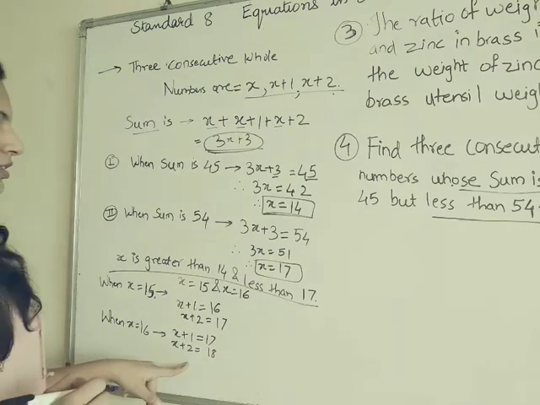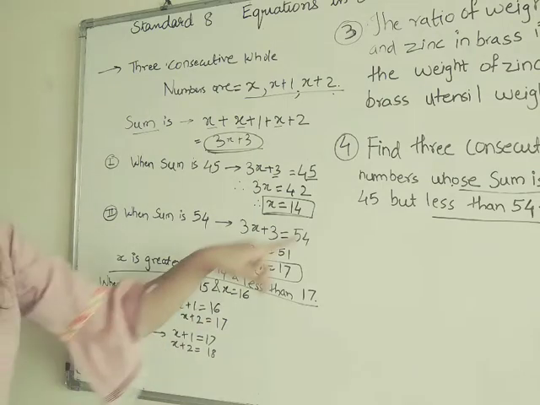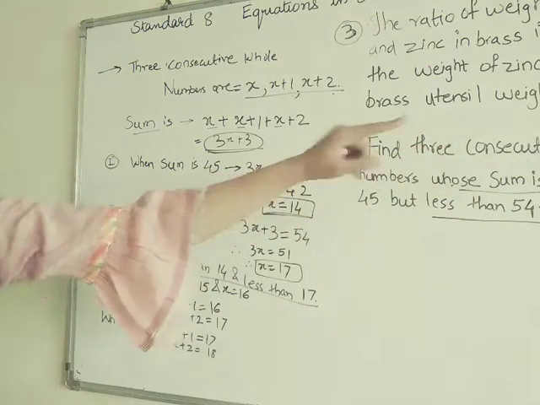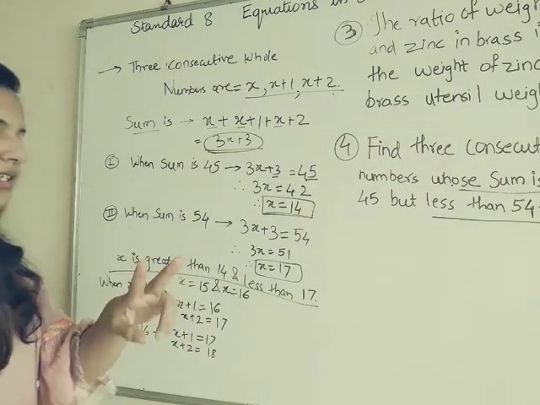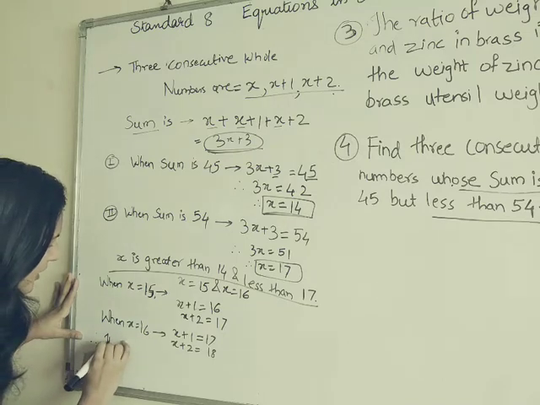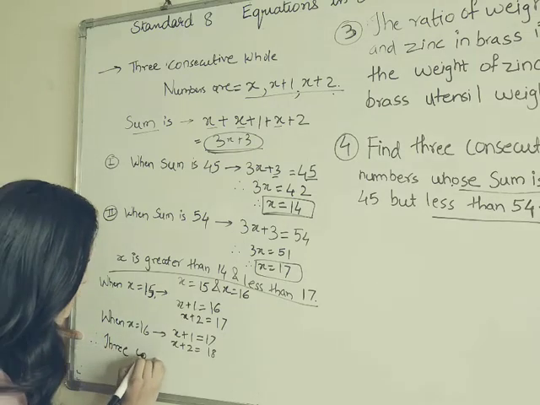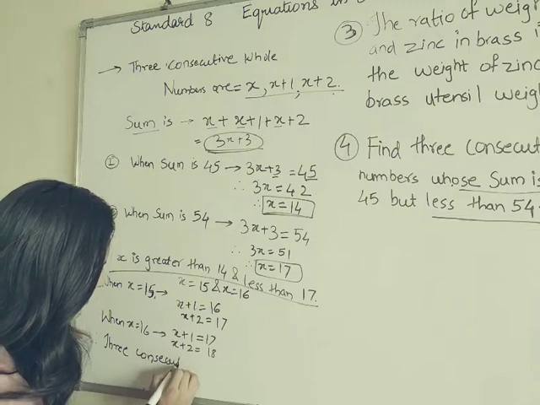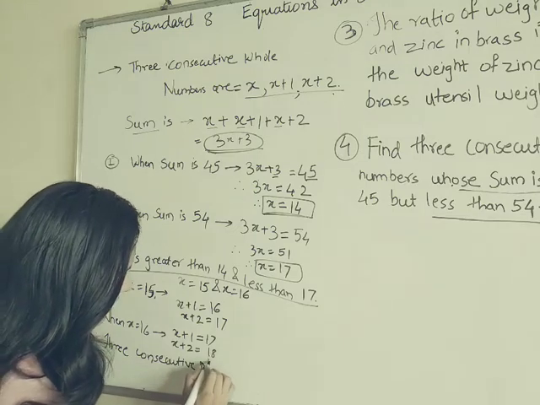Okay, so what was asked? Find the three consecutive whole numbers. So there are two possibilities. Therefore the three consecutive numbers